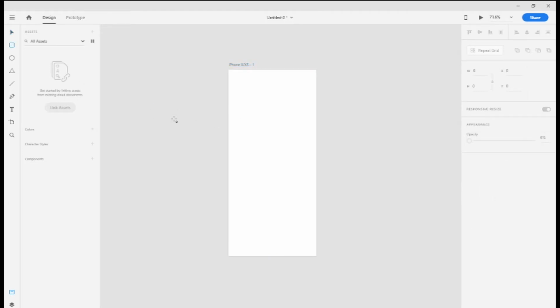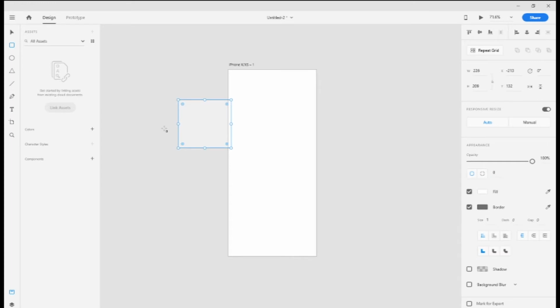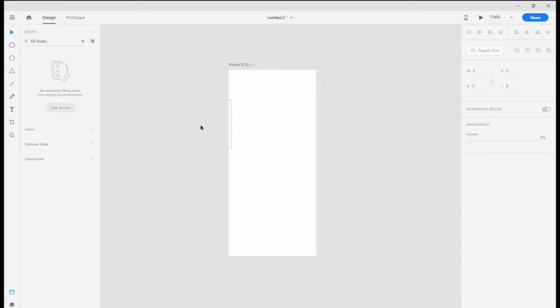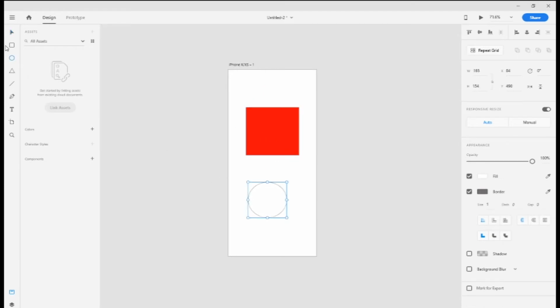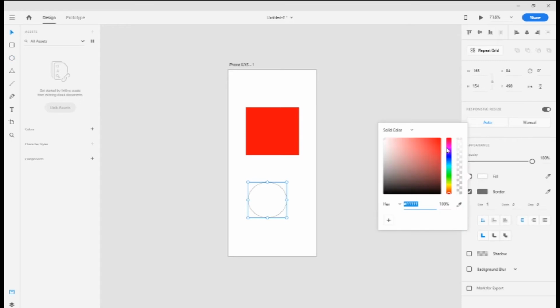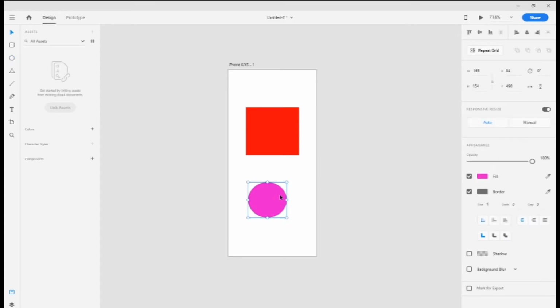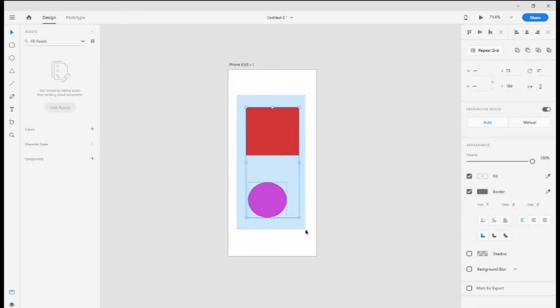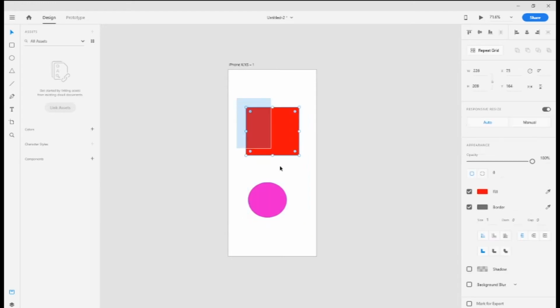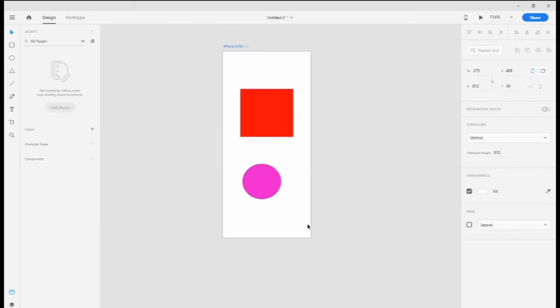Okay, first we create an object, then select the object, just simply click on it, then change the color. Then select an object, create another object. If you are selecting two objects at a time, simply press shift and click, or click and drag, drawing a marquee around two objects. Then you can select two objects at one time.